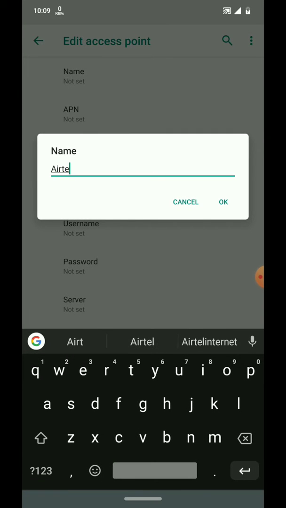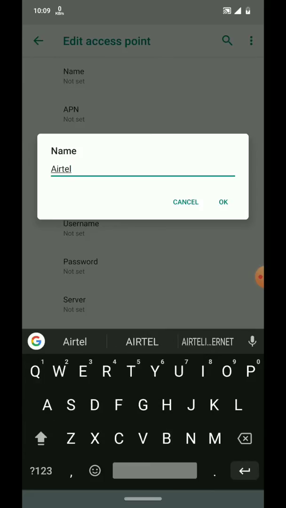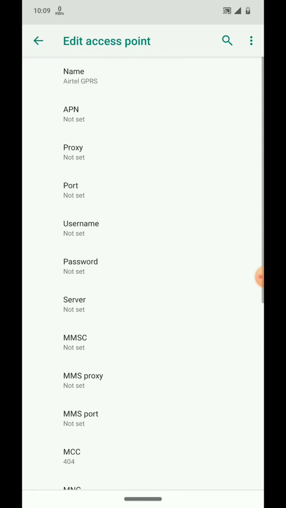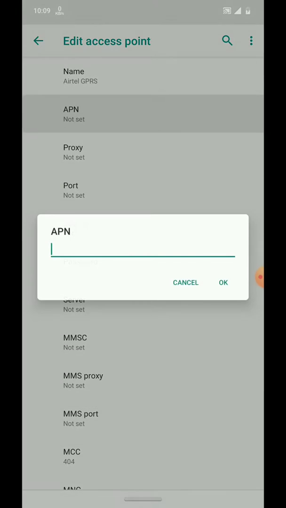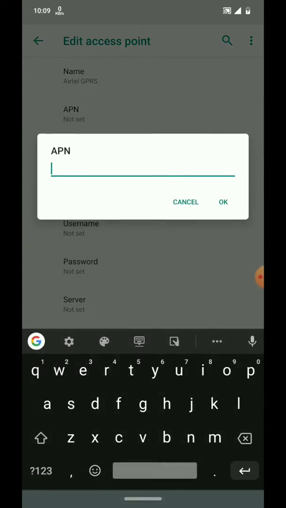Give the name Airtel space GPRS and APN as Airtel GPRS.com